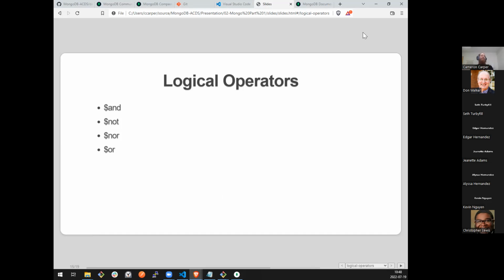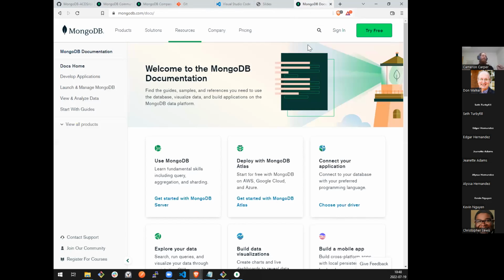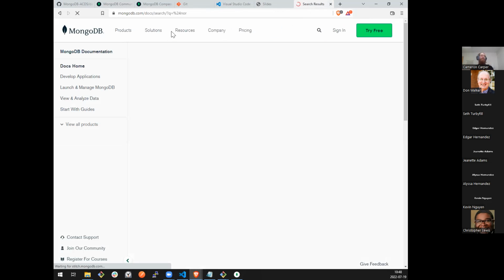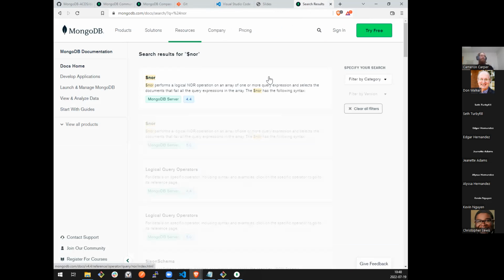Which reminds me, we need to talk about the MongoDB documentation because it is pretty great. If you have an operator that you want to learn more about, like I just barely hand waved at nor, then you can go to mongodb.com/docs, type in your operator, and see everything about it.